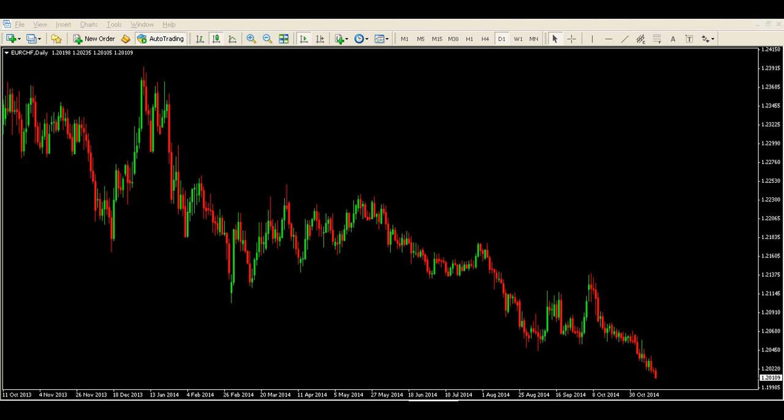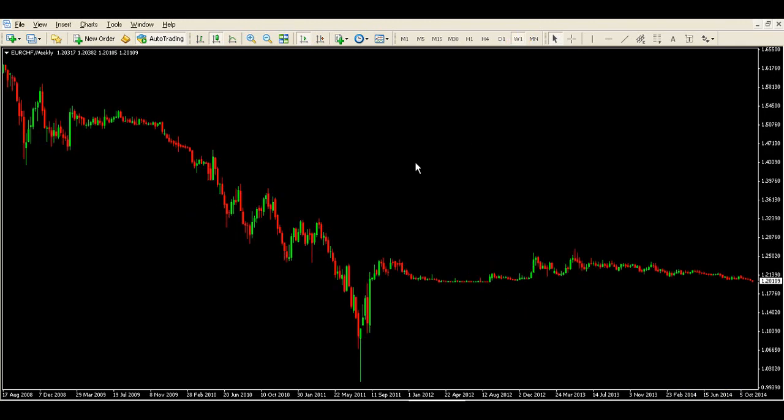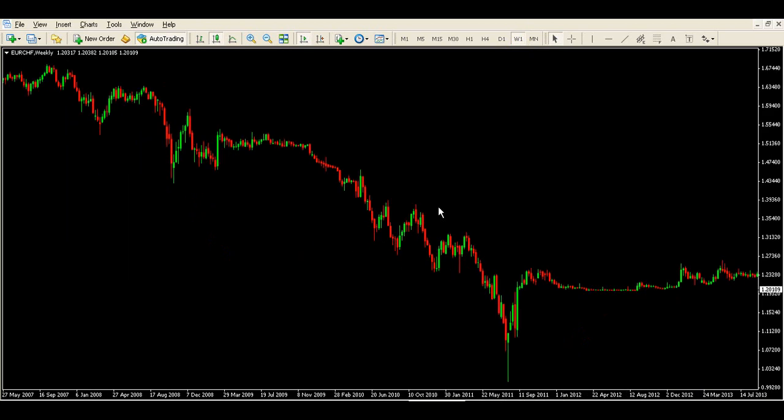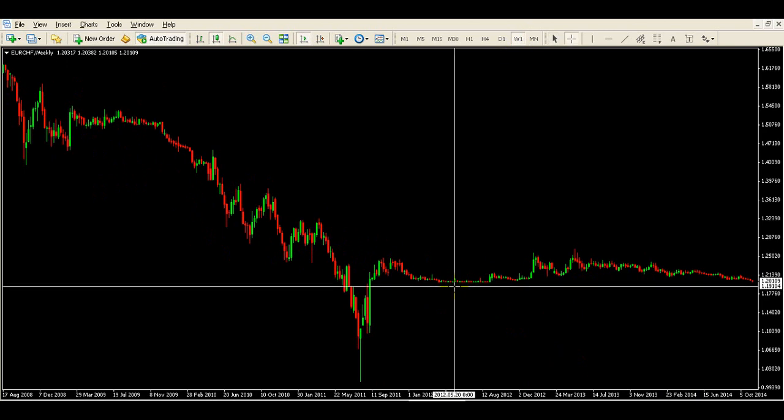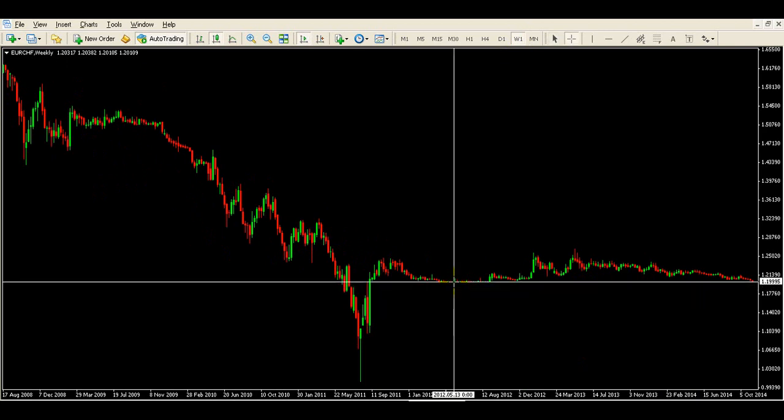Last pair I'm going to mention here is Euro CHF. Now this pair is at the moment at 120.10. The Swiss National Bank has decreed, like they did a while back, that they will defend the 120 level very, very strongly with unlimited resources. This was their words. Now if we take a look back on the weekly chart just here, you can see this level here, the 120 level,